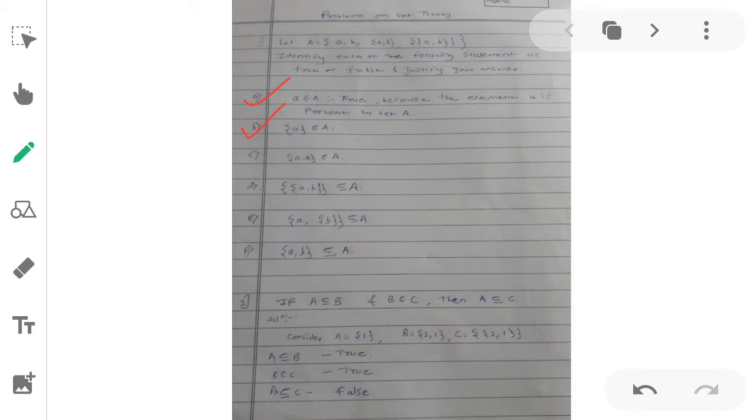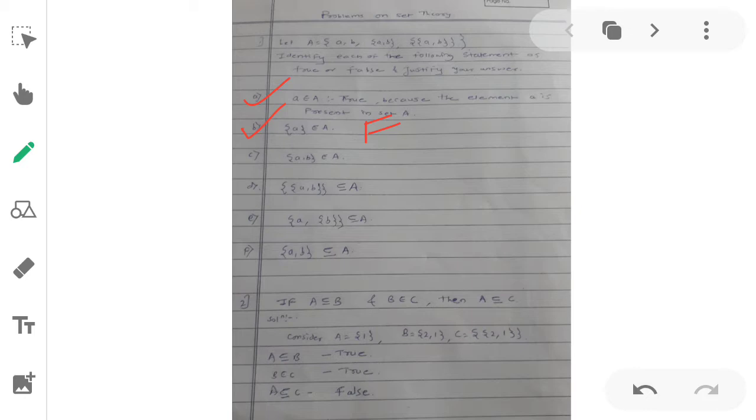Next, check whether set A belongs to A. Here in set A, only the element a is present, not the set A. So the second one is false. How is it false?